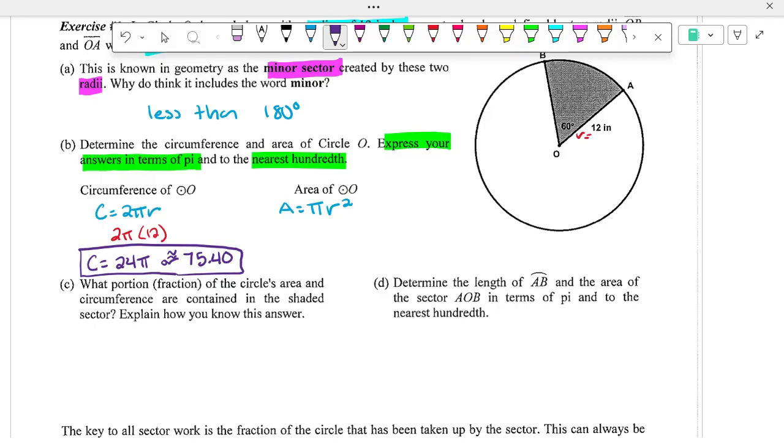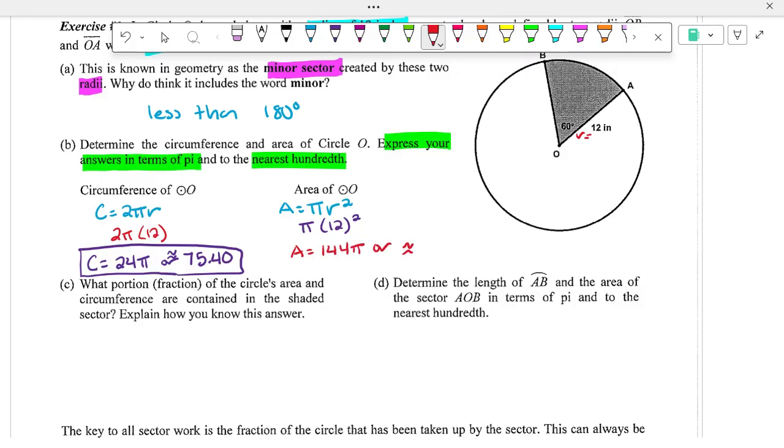So that's the only thing I gotta plug in to the formula. For this formula, what's the only value I gotta plug in? 12. So I have pi times 12 squared, which, anyone, what's 12 squared? 144. So my area would equal 144 pi,